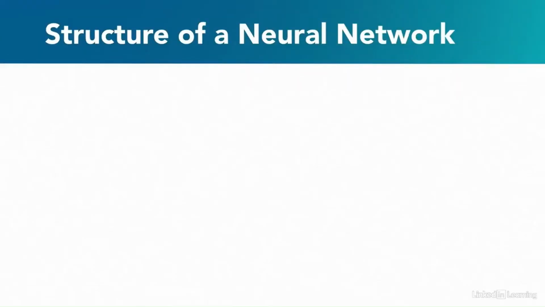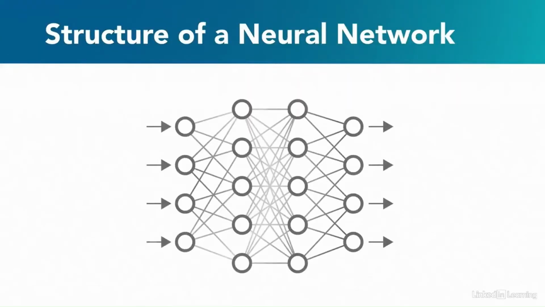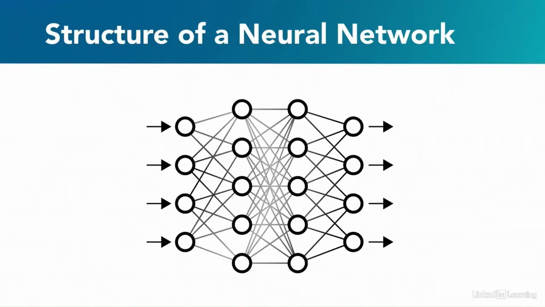Now I'd like to give you an idea of what constitutes a neural network. Simply put, a neural network is a collection of neurons, which are small computing units that perform